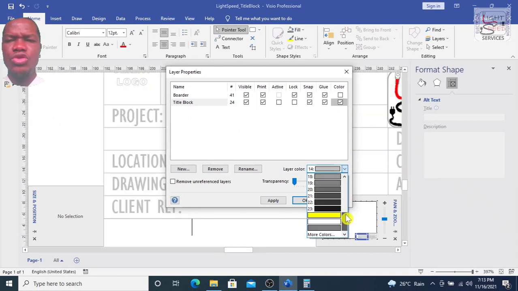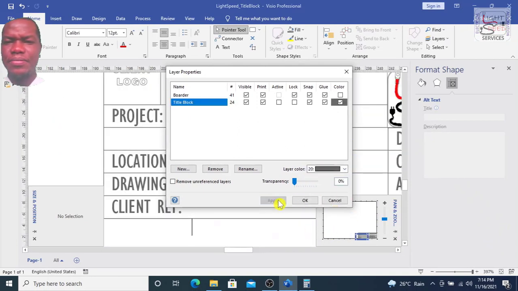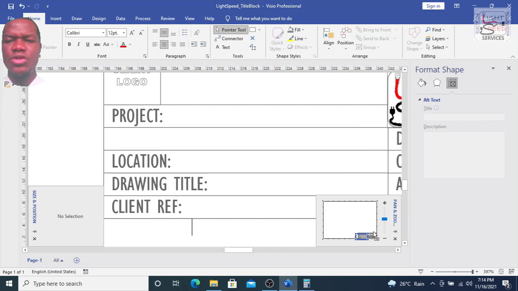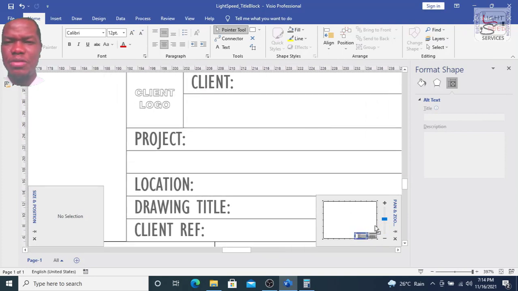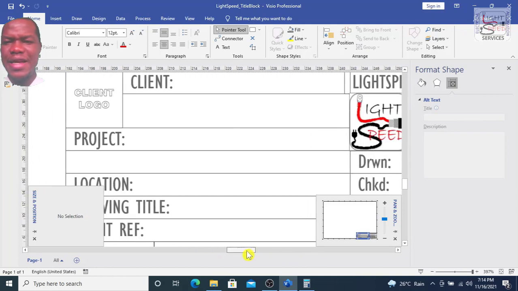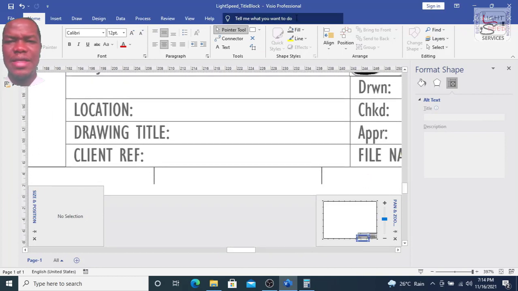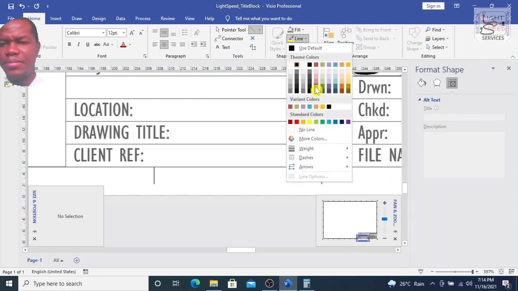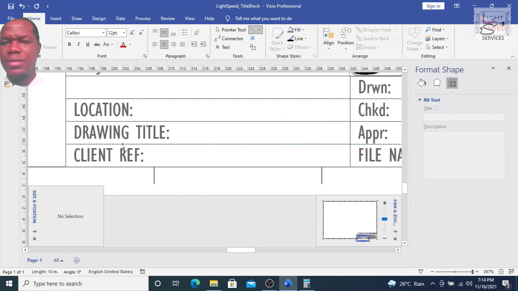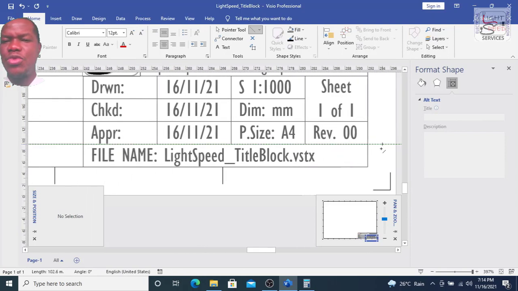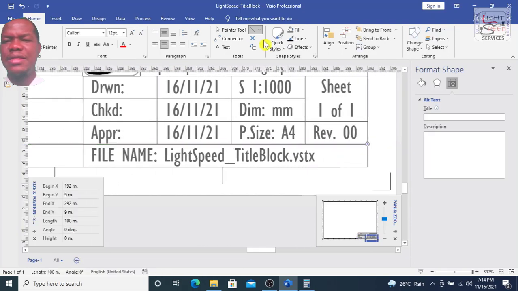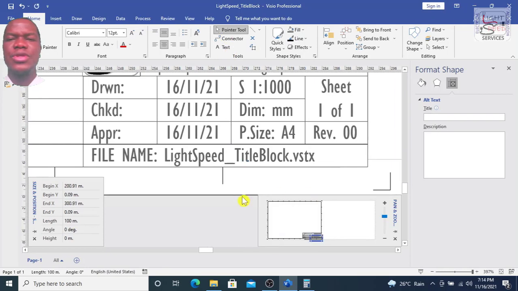So we want to draw new lines, our own lines for the title block now. So we're going to be selecting the line tool. As I told you, these lines you're seeing now are just placeholders. We're going to remove them. So we select the line tool, set the properties of the line that we want. Then we start drawing the lines on top of these ones. Okay, this will allow us to get more space. I duplicate the line.